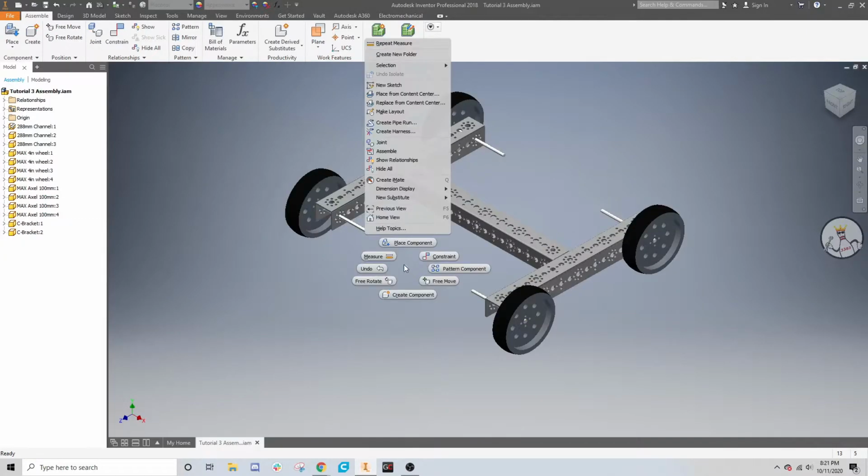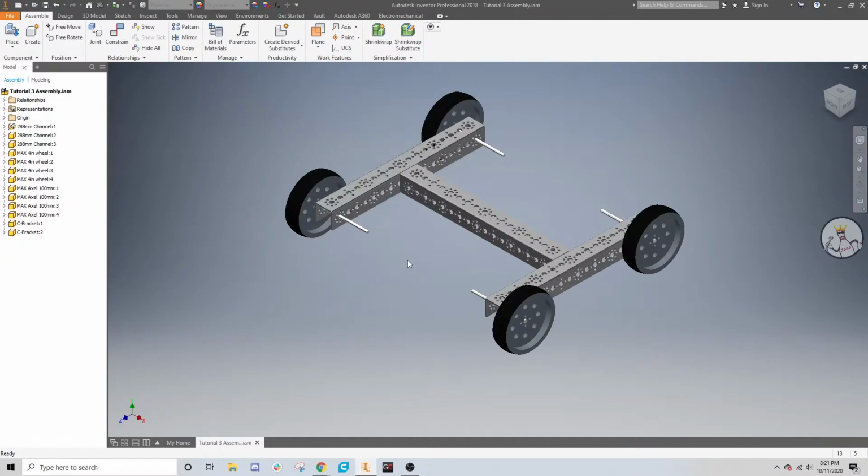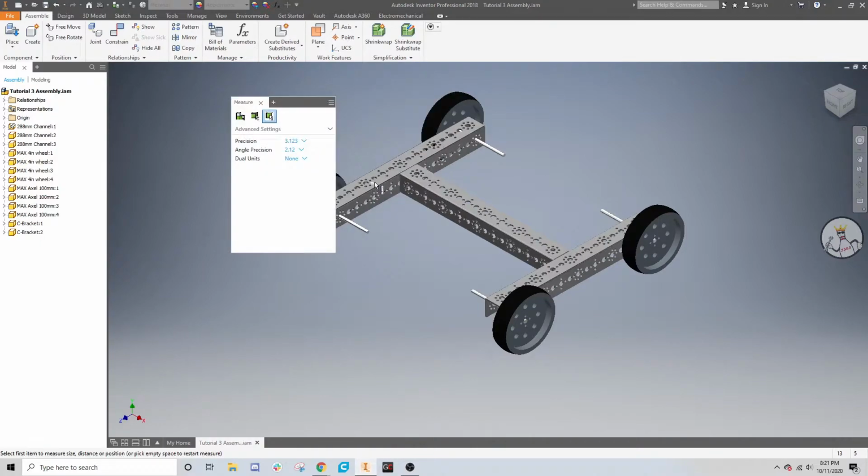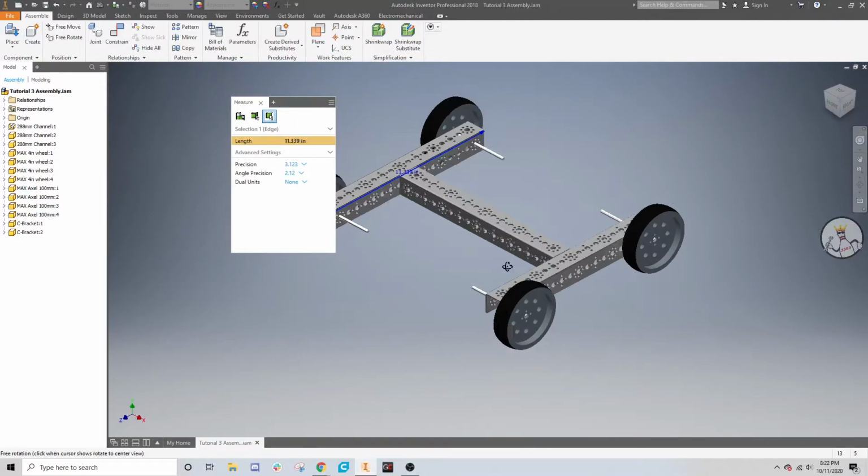And our first tool we're going to go over is the measure tool. We're going to right click in the open space and go up to measure. And then if we click on this line, we can figure out the length of that line. If we click on this line to this line, we can figure out the length of that gap. And if we click on this line to